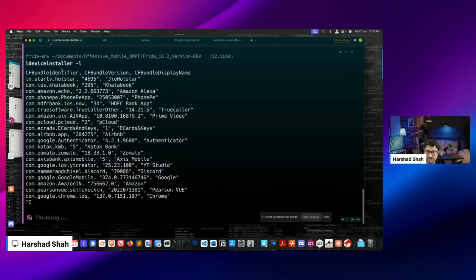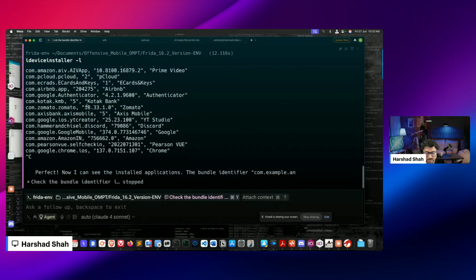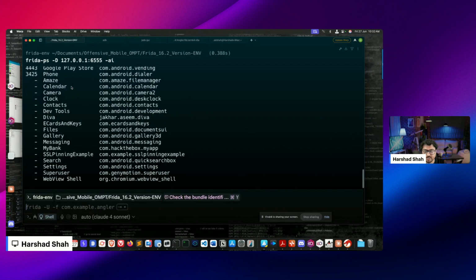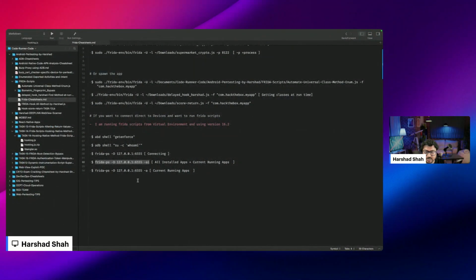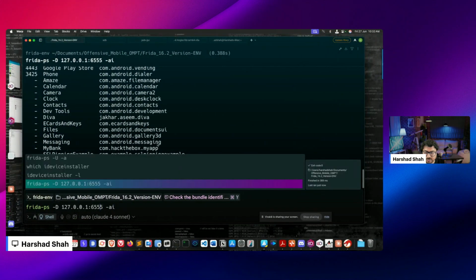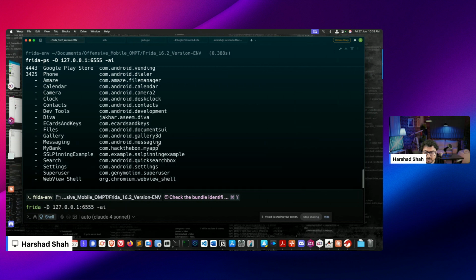I'm not testing iOS, by the way, I'm testing Android. So it is giving me the same prompt, it directly moves and checks my iOS devices. Let me try with this and see if it works. You can see this command is perfectly working, and now I need to work on writing the script. So with Frida we can use, instead of this, let me try this,